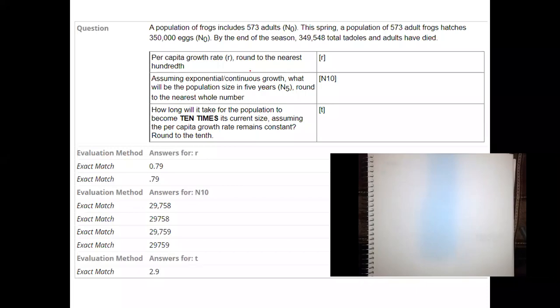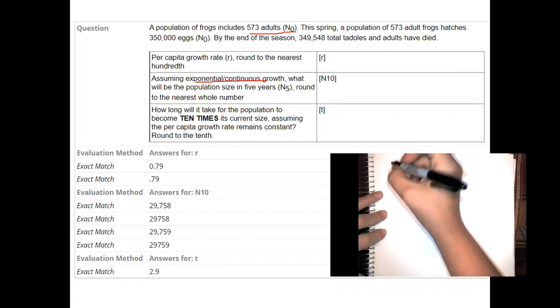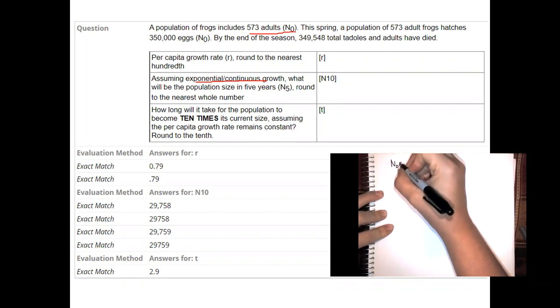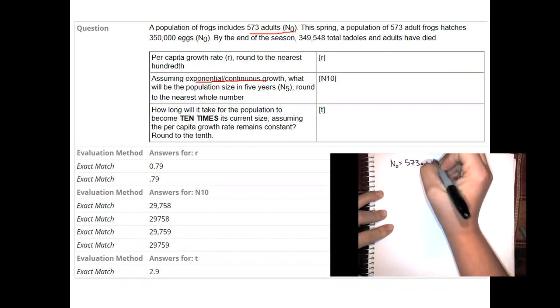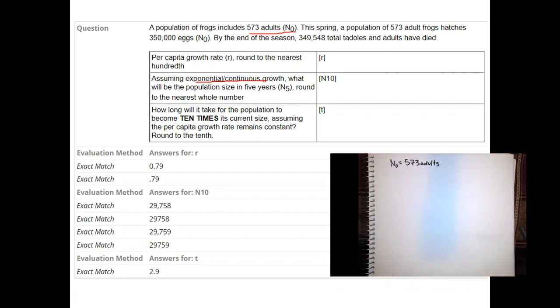In this video, we are going to be talking about exponential continuous population growth within this population of frogs. So what we're given first is the N0. What is the starting population of this population of frogs? At the beginning of the season is 573 adults. Collectively, these organisms have a total of